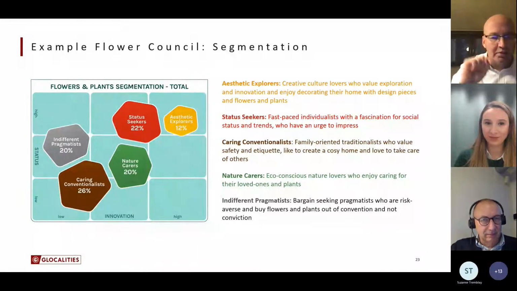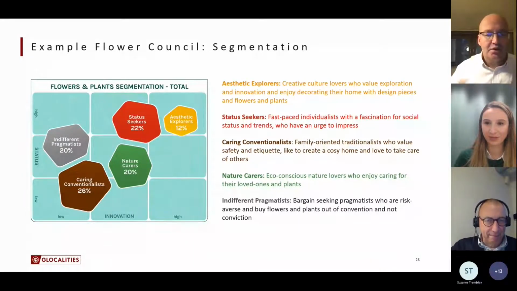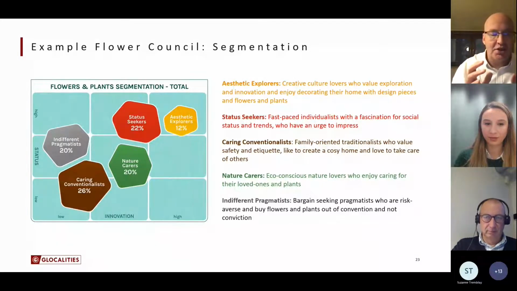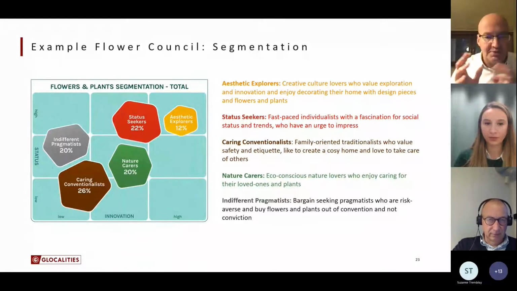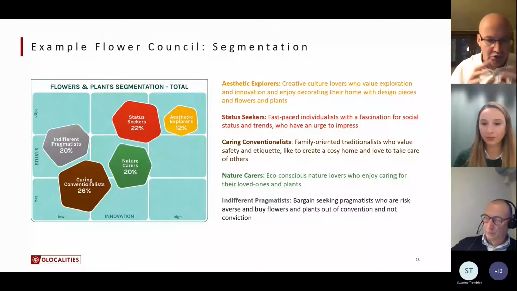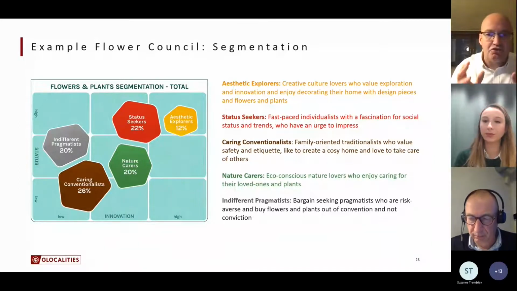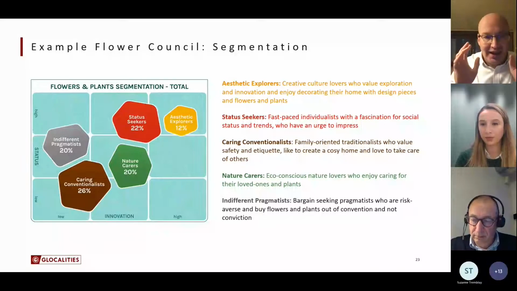And if you could click a couple of times. So here we looked at the European market, and we built a segmentation. Now, there is always discussion between segmentation and target audience, if you see the more sharpened approach, but here we had limited budget. So we had to really focus on who we should target, which market and how.